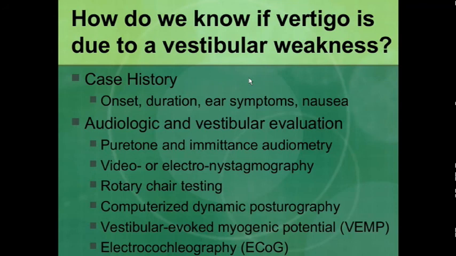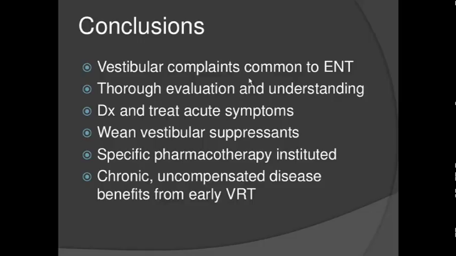So this is to summarize. We will just summarize how to know whether the vertigo is a vestibular weakness, that is, whether it is peripheral or central. So history will tell you, nystagmus, all the clinical tests will tell you, and then certain lab tests. And within lab tests, the calorie test we have discussed. Other tests are ENG, just like you have ECG for the heart, you have ENG for the vestibular system, electronystagmography. Then you have VEMP, these are the latest ones, and electrocochleography. For these I think you just read them, understand, and at least remember the names.